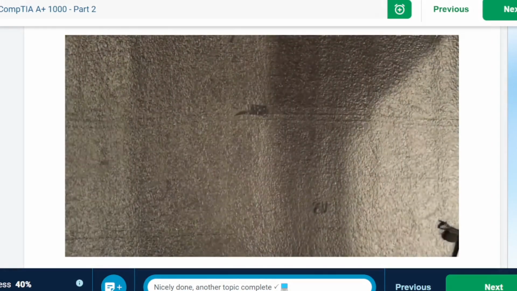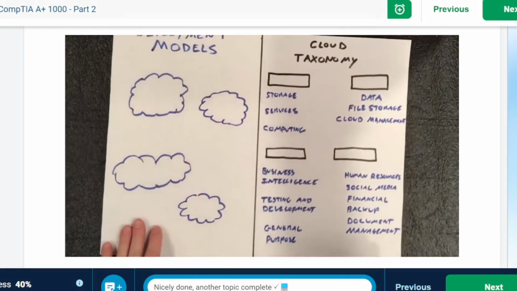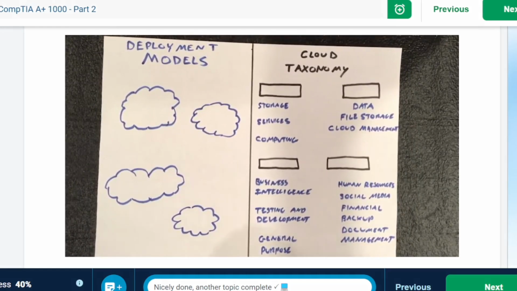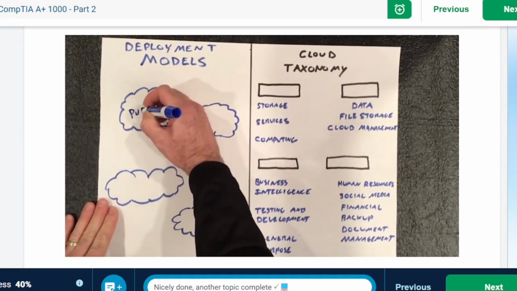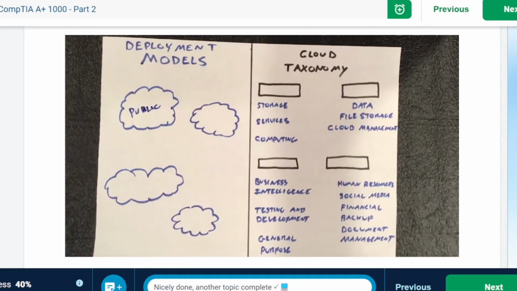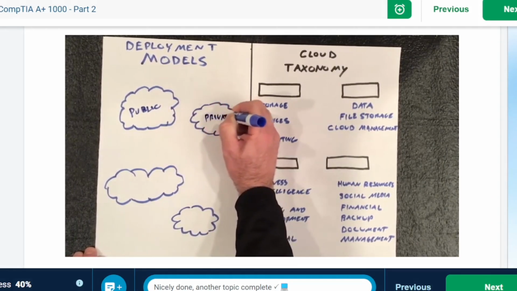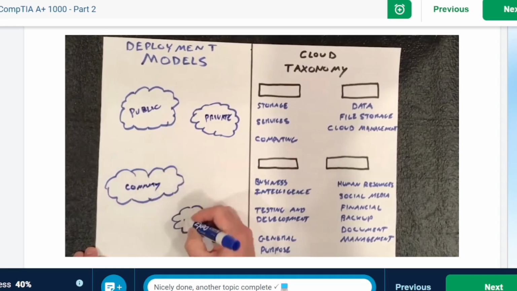I want to share another thing with you. Talk real quick about the deployment models. I know we talked about this a tiny bit in the lecture, but I wanted to talk about some of the important concepts of that. So your four deployment models, if you remember, were the public, and that's the general public, as far as having systems that are easily accessible, where anyone can use them, things like email and email services. Then you've got your private cloud. Then you've got your community. And then you've got a hybrid.